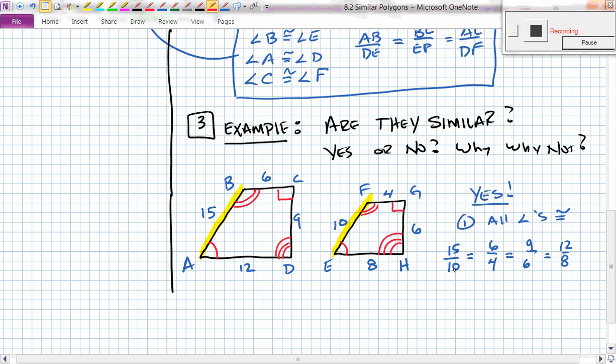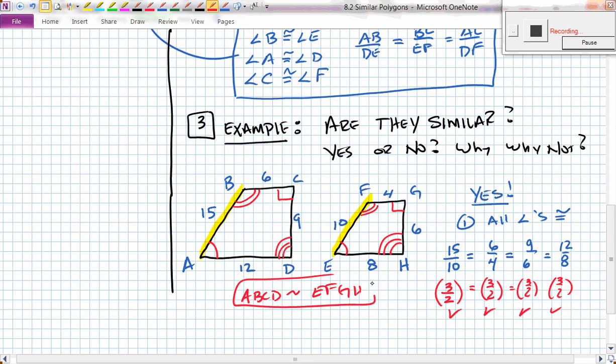How do I simplify 15 over 10? 3 halves, right? Do you agree? What about 6/4? Is that the same thing? 3 halves. What about 9/6? Is that the same thing? 3 halves, and then finally 3 halves. So, if all of these are equivalent fractions, do I have enough to say that the figures are similar? Yes, I do. So I can say that ABCD is now similar to EFGH